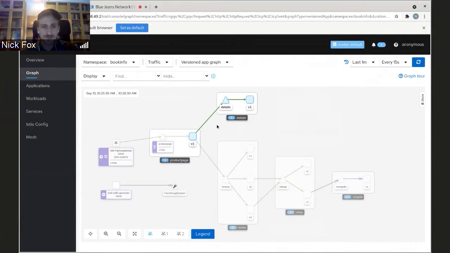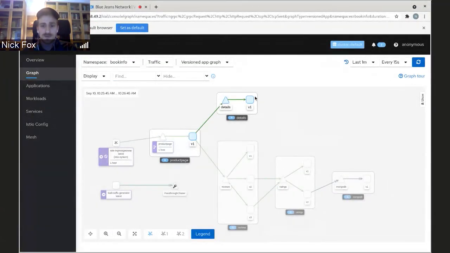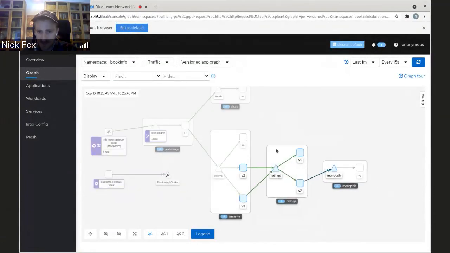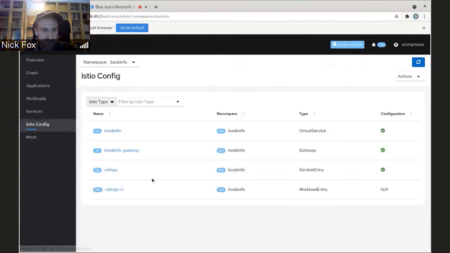So we've got book info deployed here. I'm going to run a quick script in the background that should hopefully create a VM or a simulation of one, and what we should see here is this ratings service should become a service entry, and then this v1 workload entry workload node should have this workload entry badge. And yep, so let me go to the Istio config so you can see exactly what was